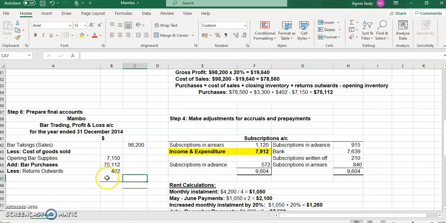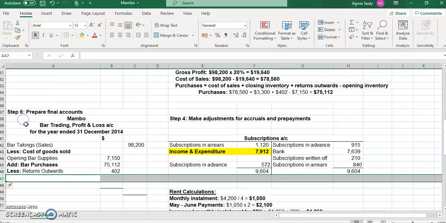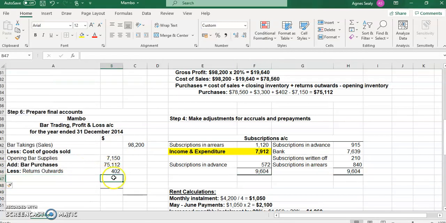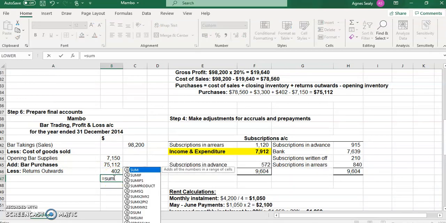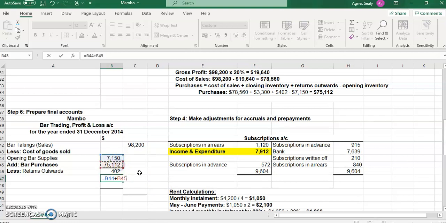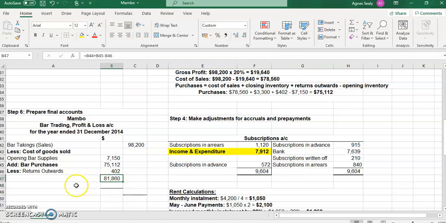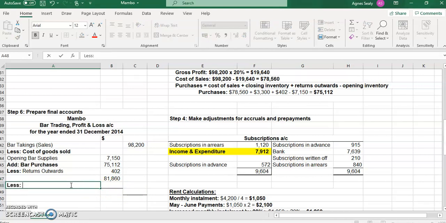Just do everything one time. And instead of doing that, insert an additional row. So that is $7,150 plus $75,112 minus $402. That gives me the supplies available for sale of $81,860. And from that, we are going to subtract our closing